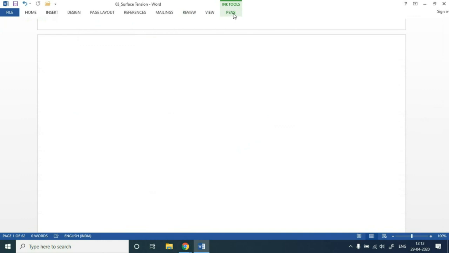Whenever we are defining the curvature of a surface, generally we can define it by two surface curvatures or two radii of curvature. I will be explaining it more by giving some examples, but let's get an expression for the excess pressure. So let's write the heading: